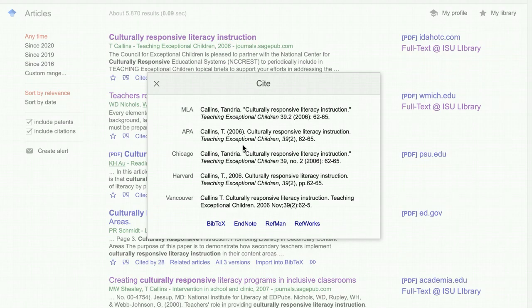This can be helpful in some ways. However, these citations, just like any electronic citations, can be problematic. They are not always correct. They may be incorrectly formatted. The page numbers, the spelling may be incorrect. So be careful using electronic citations because they're quite often not correct, not just with Google Scholar, but with any